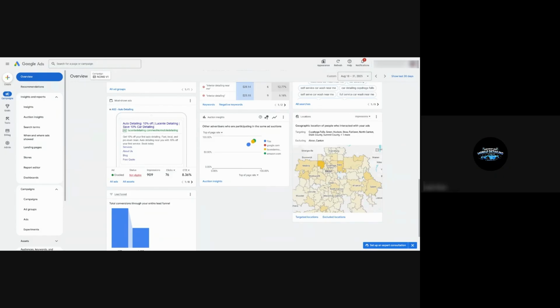Would you focus more on organic? What organic would you leverage, or would you focus on Google Ads a lot? How would you do it if you got thrown into, hey, you're moving to Ohio and you're going to start a mobile detailing shop? What would be your mindset, with your experience in marketing?